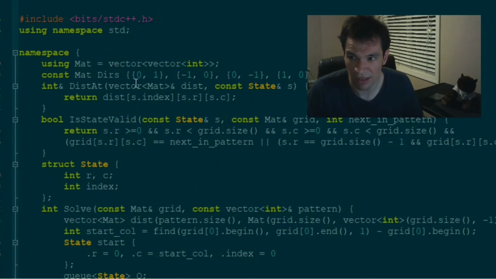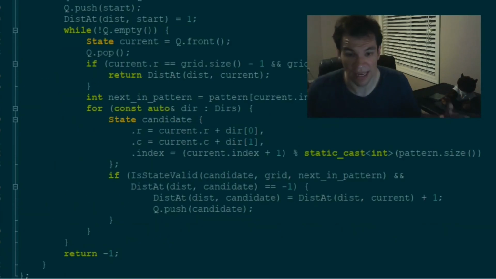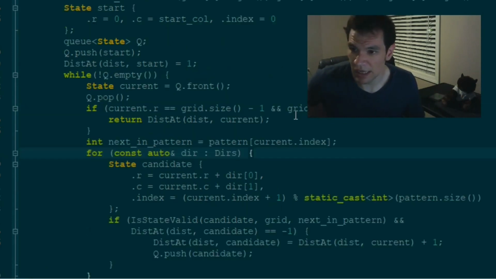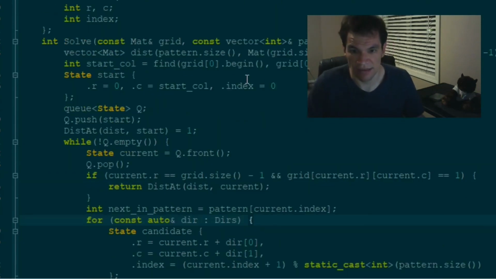It's just the 4 directions defined here. Then the time complexity of this is the size of the matrix, that is n squared, times the size of the pattern, that is P. And also the memory complexity is the same.